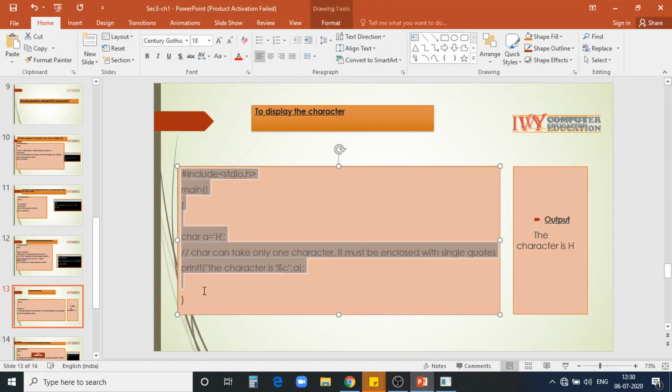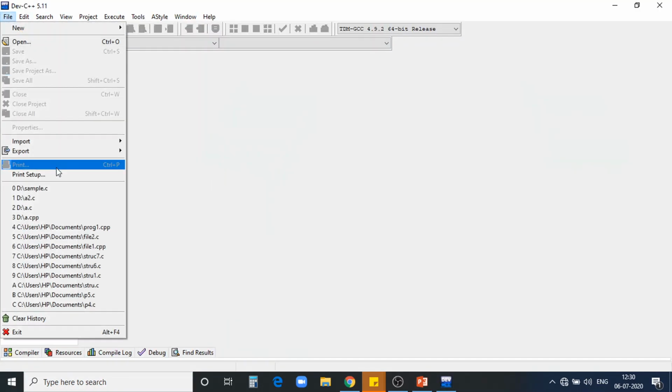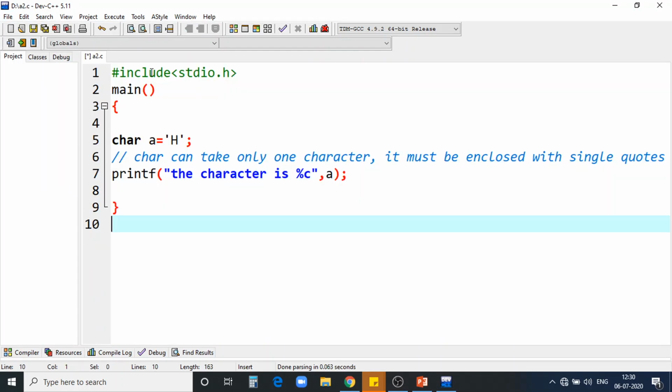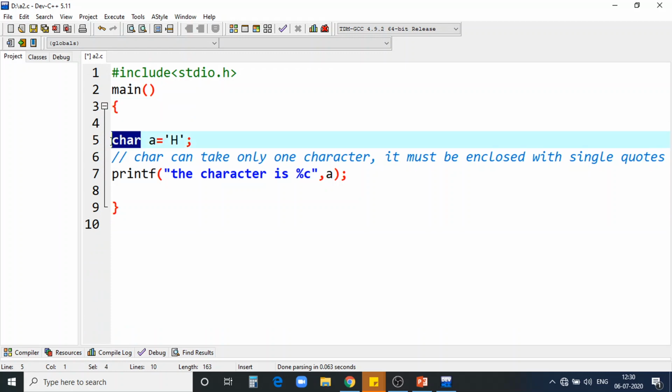Next, we'll see how to print a character. We have seen integer type and now we'll go with character type. So char is a data type.